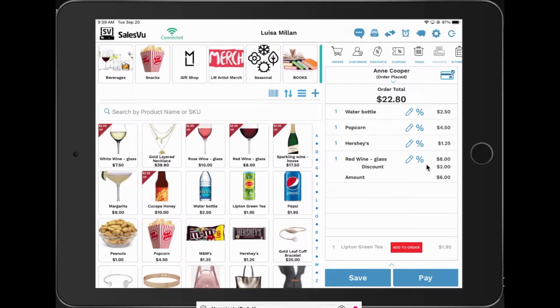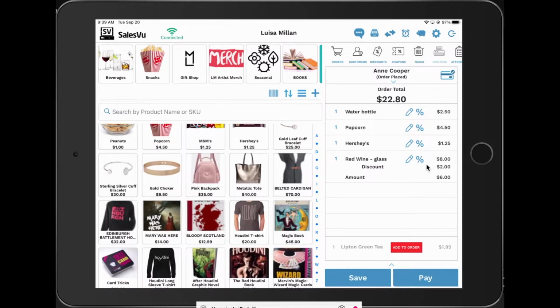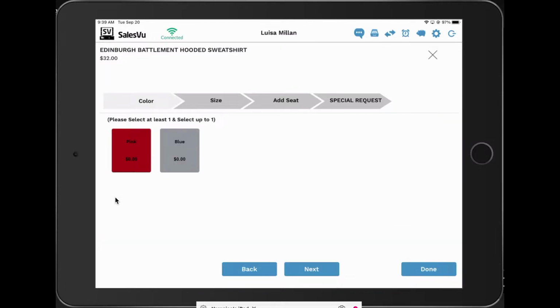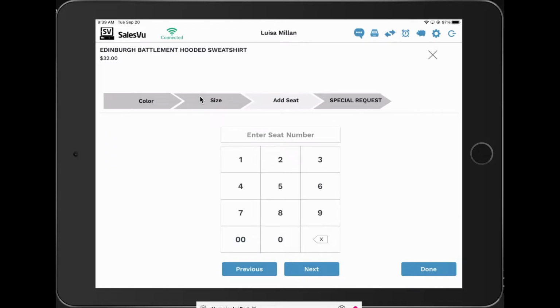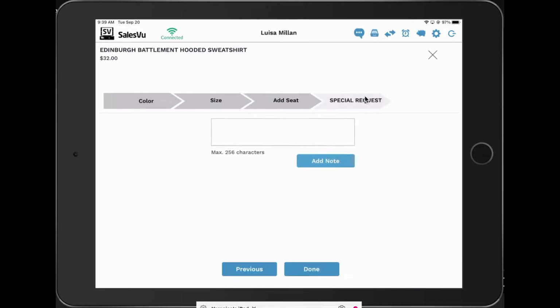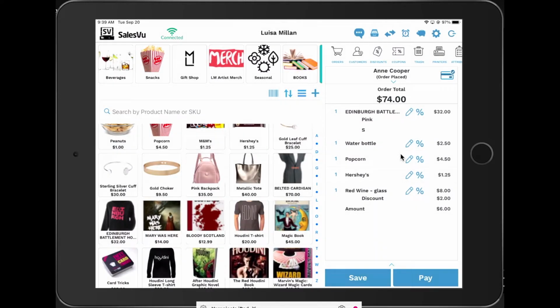Also, we have some products that have modifiers. We have, for example, this hoodie right here. We can see that the modifiers are the things that are specific to each one. So the color, you know, the size, we're gonna do size M. Seat number, you can divide by seat number. You can have any special request if you want to. Then we're just gonna tap on done, and then we're gonna be able to see the product right here on